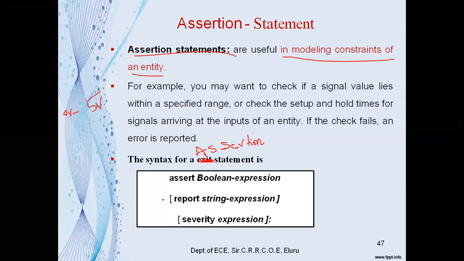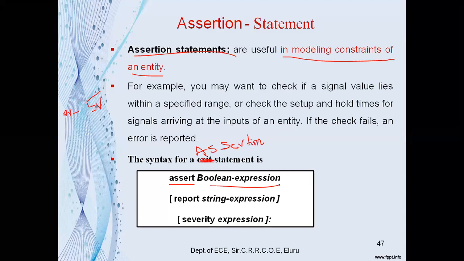So the syntax for the assertion statement starts with the keyword assert with a Boolean expression, which means that in this assertion statement we check the condition of a Boolean expression, a logical operation.